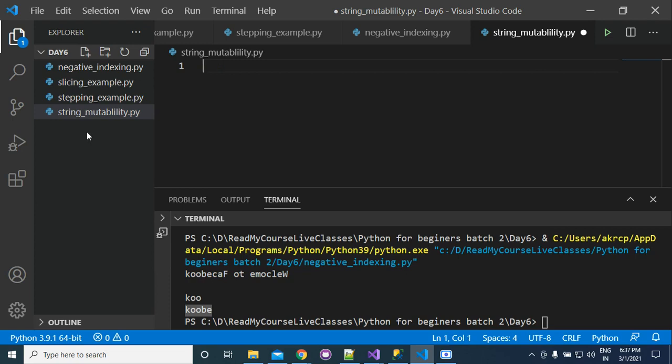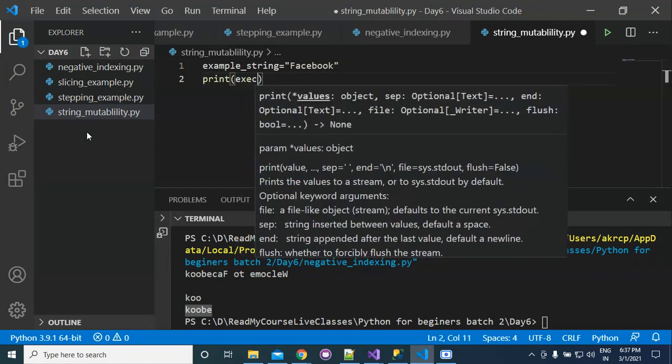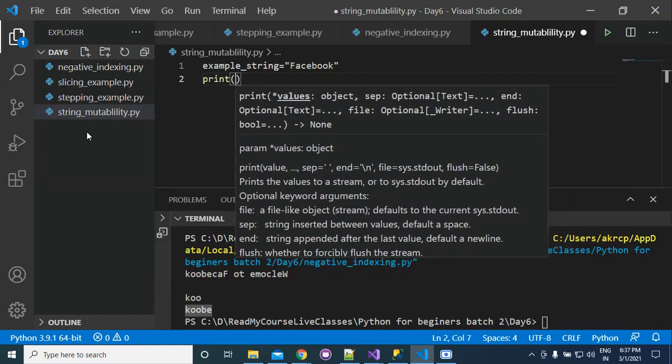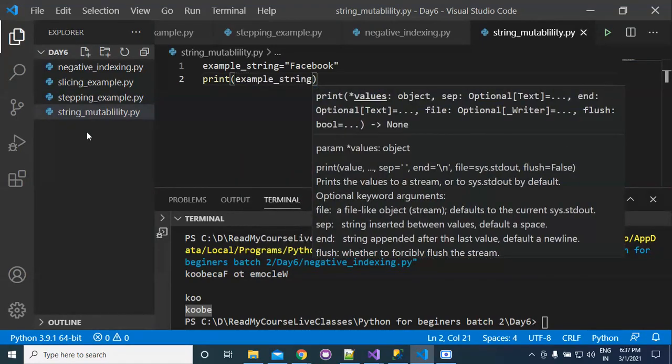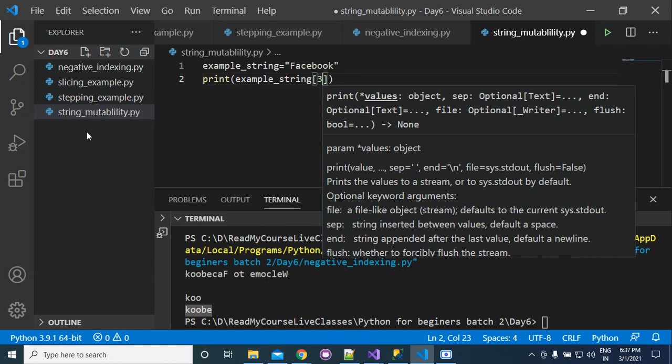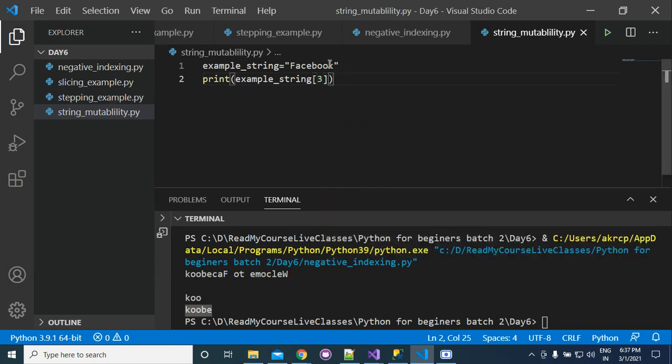If I write example string is equal to Facebook, and then ask you what will be the value of print example string 3, you can answer it will be e, with indexes 0 1 2 3.